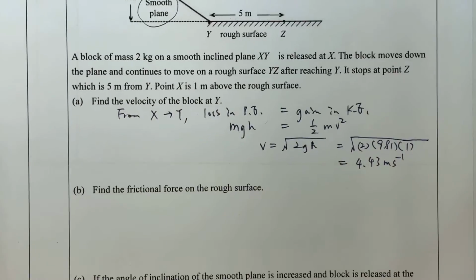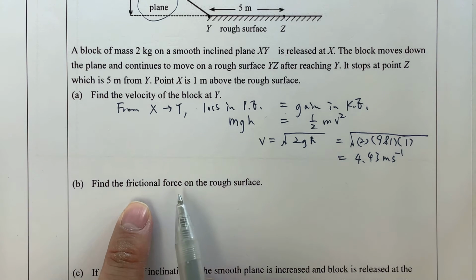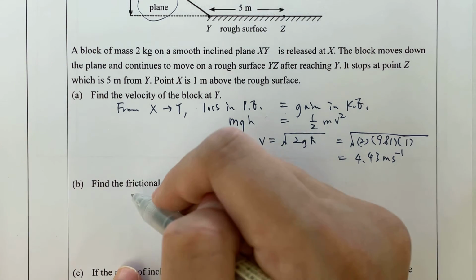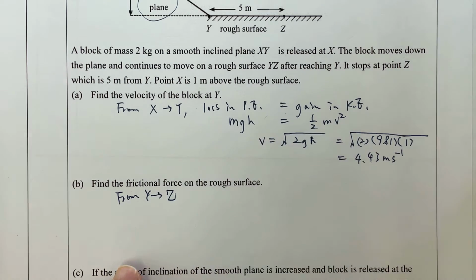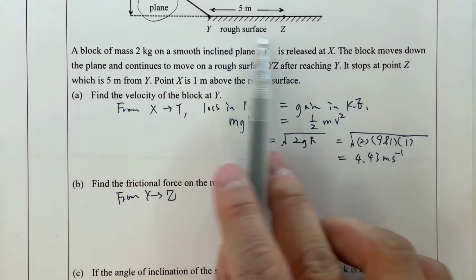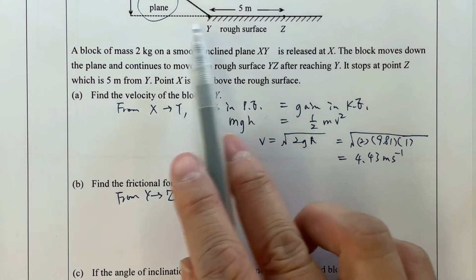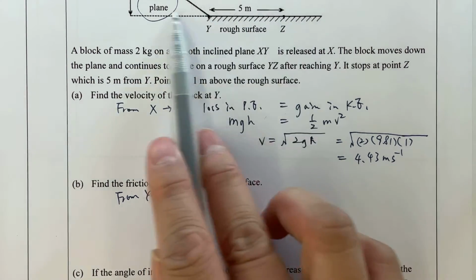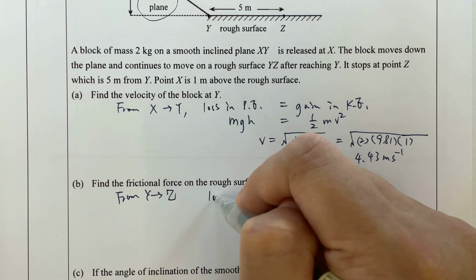So later on, we need to consider the friction force on the rough surface. So we may consider from Y to Z. So in this process, there is only change in the velocity. That means there's a loss in KE, but there's no change in PE because it's on the same level, right? So what we can write is like the loss,